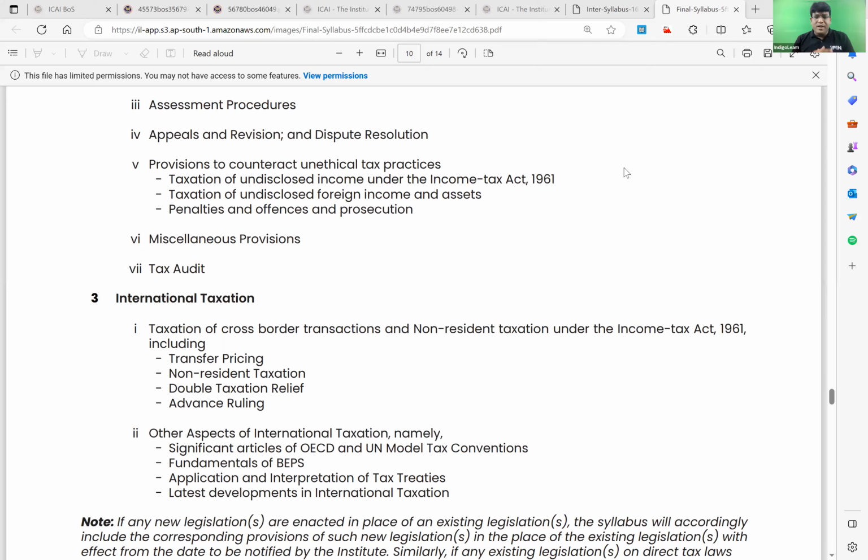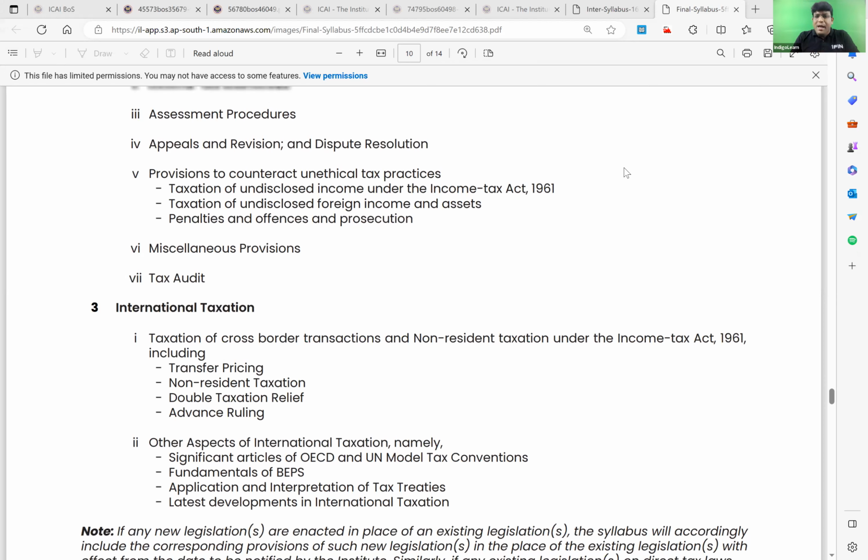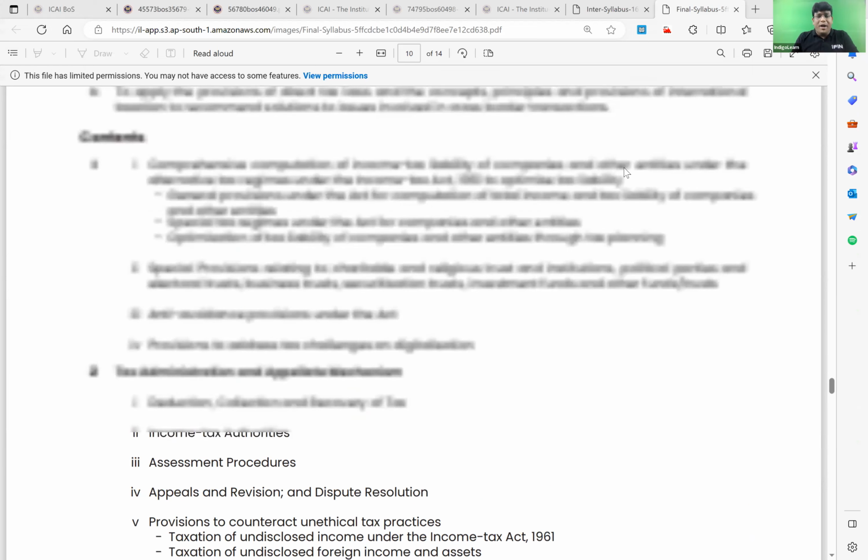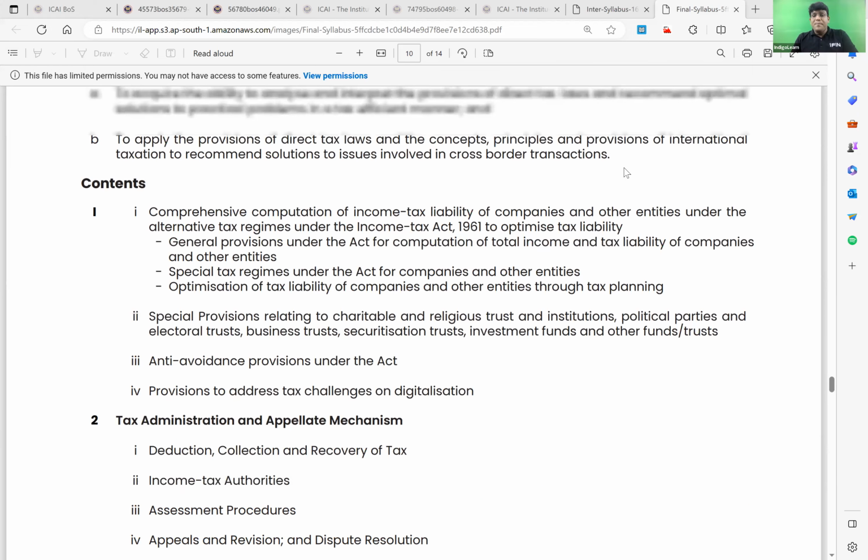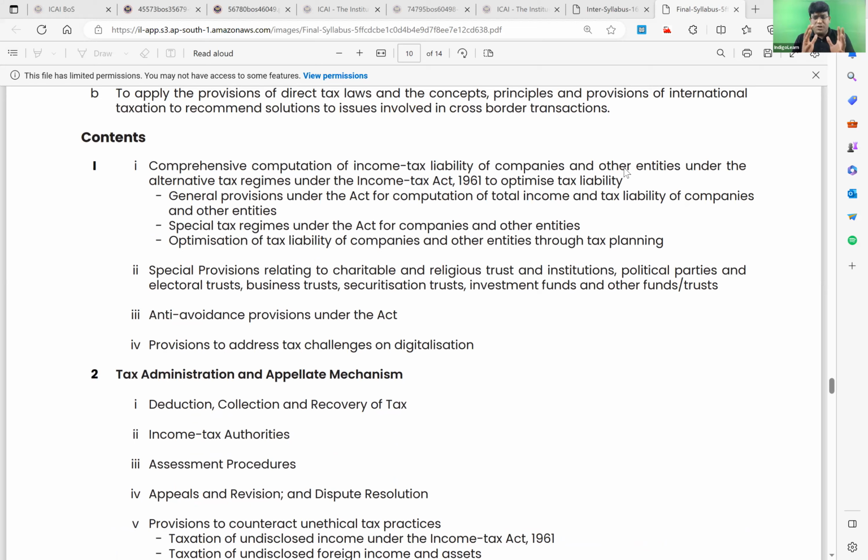That is transfer pricing, non-resident taxation, double taxation relief, advance ruling. Those all look intact, including the other aspects of BEPS, OECD and model conventions, application of treaties. All this remains the same. But on the other side of the coin, where they covered the heads of income and all, those don't seem to be there now